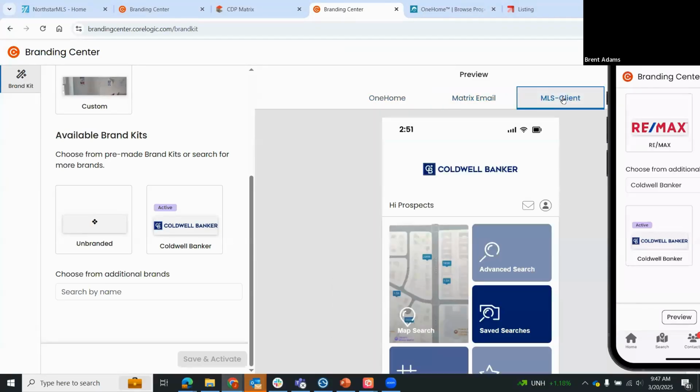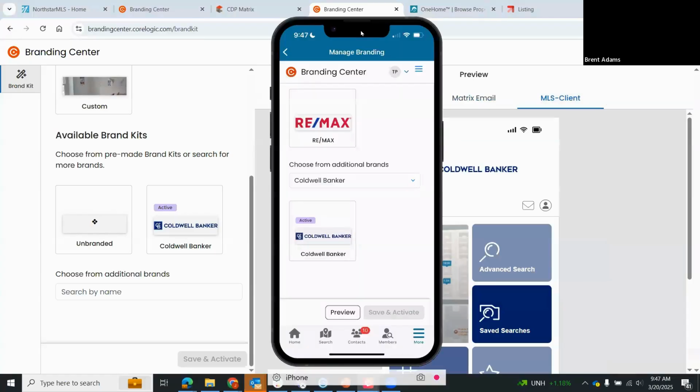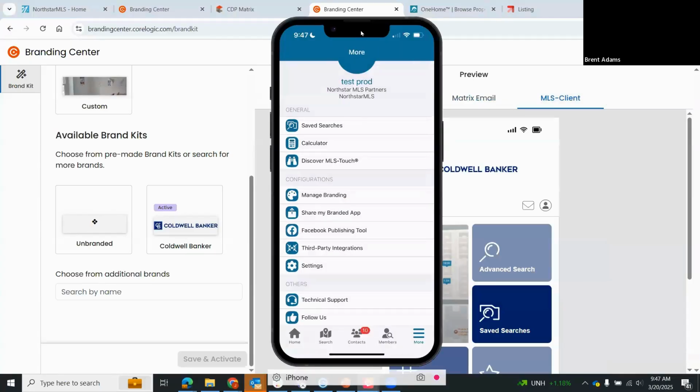preview what the MLS client's going to look like too, so you understand what those things are going to look like before you even send them out. So that's managed branding. Now, after you've branded that app, you've got a couple of different ways to share it